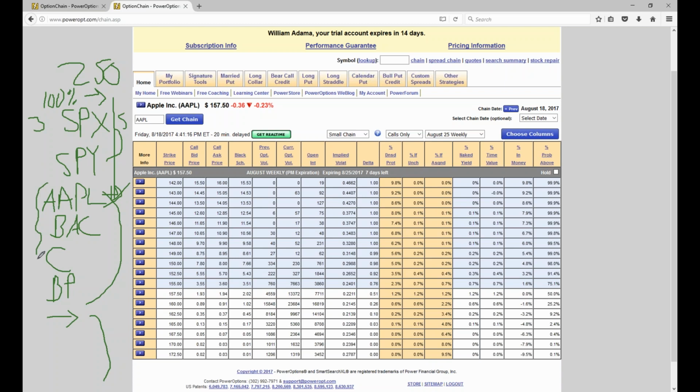I'm not going to be surprised if in 3 or 4 months, I haven't seen anything on CBOE or the exchanges or any of the people I talk to in the industry that it's coming. But it's not going to surprise me if in 2 to 3 months, Apple has Monday, Wednesday, Friday options. Bank of America would have Monday, Wednesday, Friday, Citigroup, BP, and whatever the fifth stock was that I can't remember. I think they're trying that out. After a year or 2 of that, if that's the route they're going,